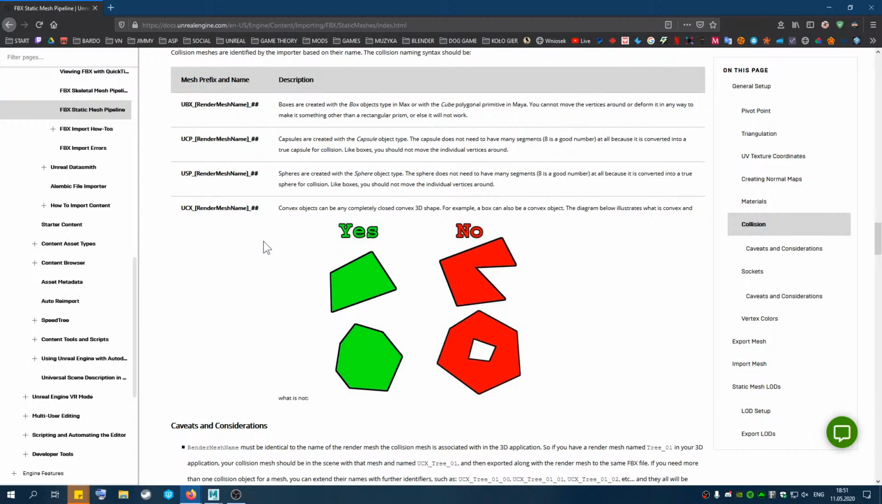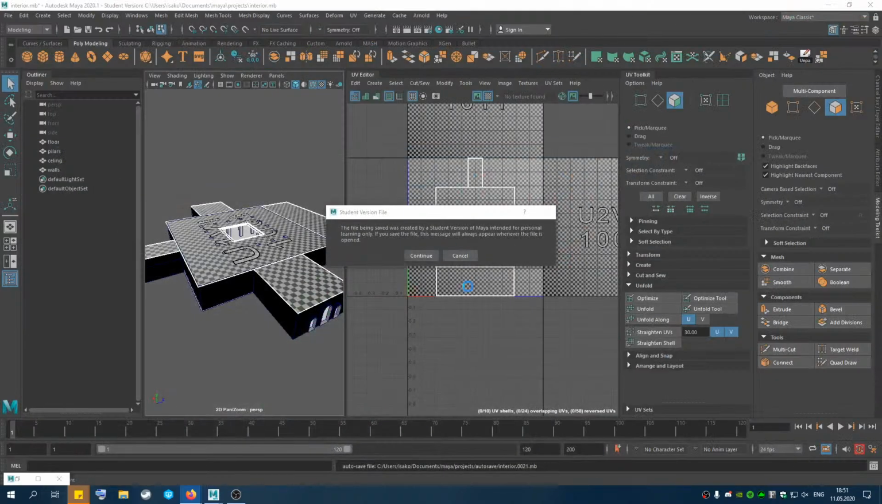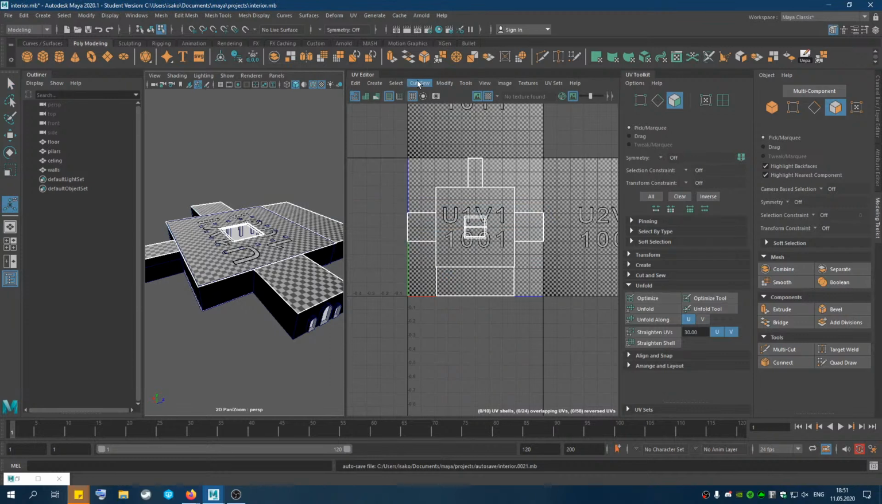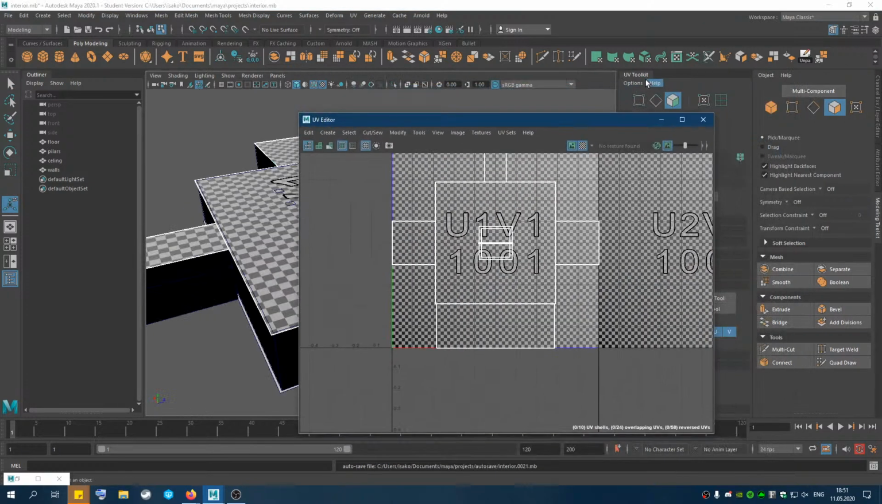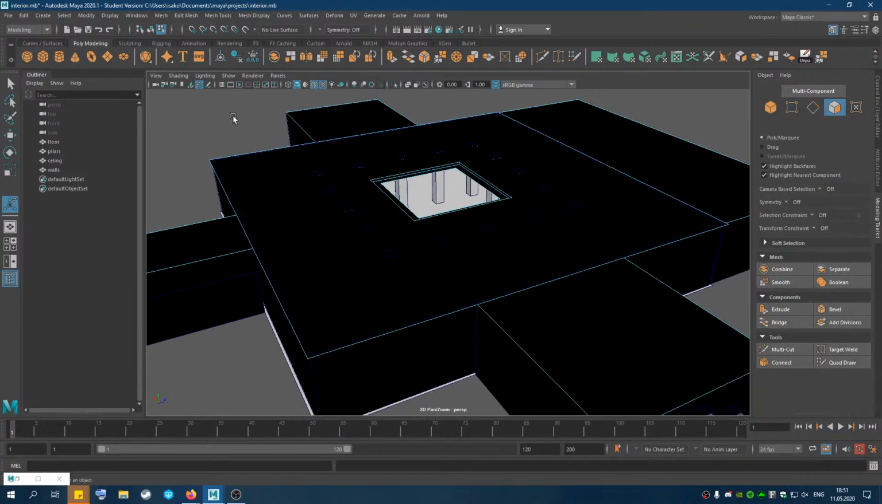So what we're gonna do now, we're gonna create several boxes which we will name like this, and then we will proceed with our export. So let's do this right now. Yes, Maya safe, thank you very much. So now let's attach all our stuff here, and